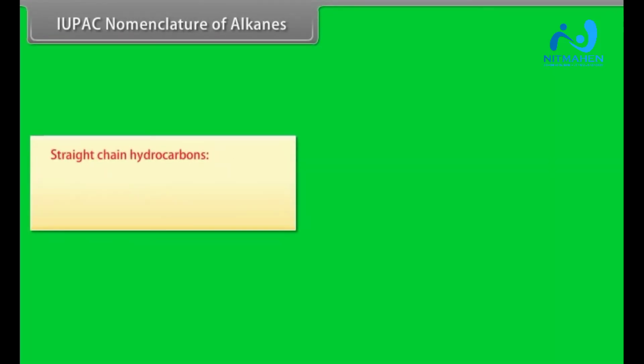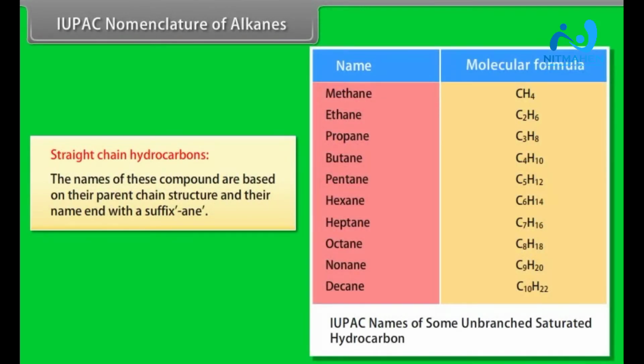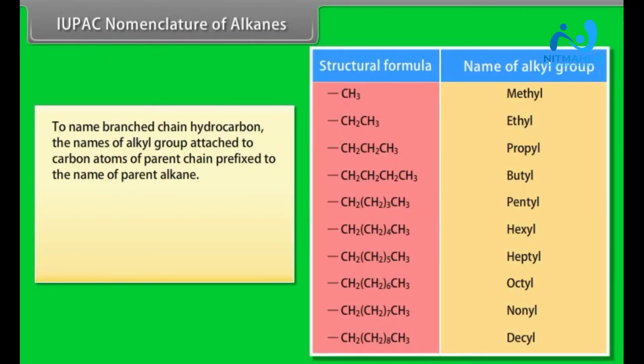IUPAC nomenclature of alkanes. Straight-chain hydrocarbons. The names of these compounds are based on their parent chain structure, and their name ends with the suffix -ane. Branched chain hydrocarbons. In this, small carbon chains are attached to carbon atoms of the parent chain. These small carbon chains are called alkyl groups. To name a branched chain hydrocarbon,